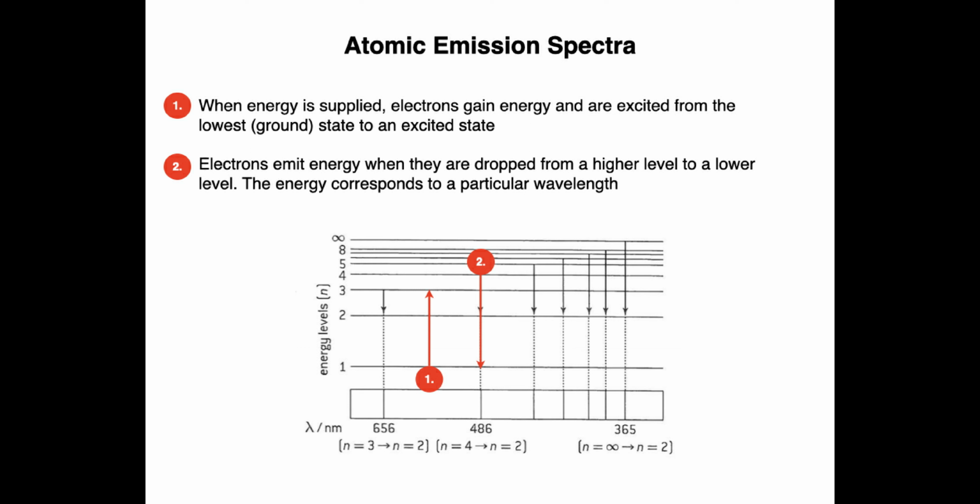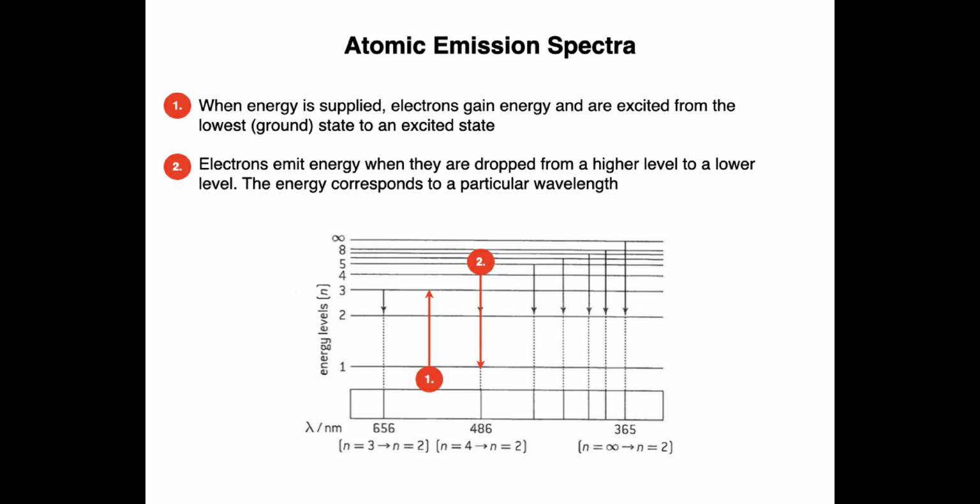On the other hand, electrons emit energy when they are dropped from a higher level to a lower level. The energy corresponds to a particular wavelength. This is illustrated in bullet 2, where an electron is dropped from a higher energy level to a lower energy level. Specifically,